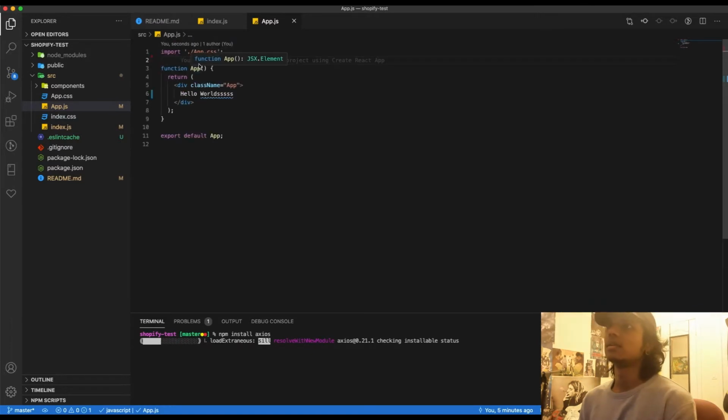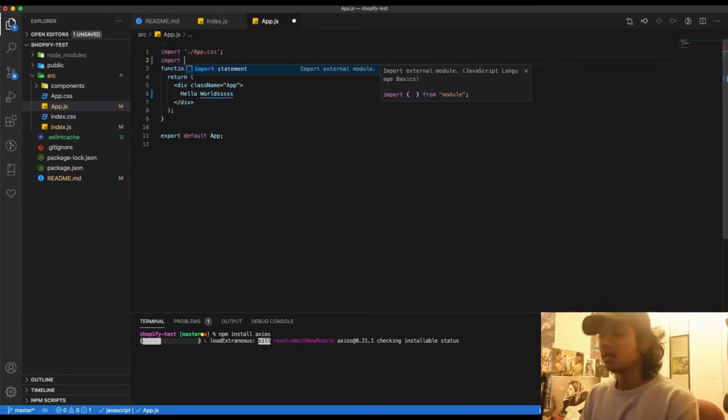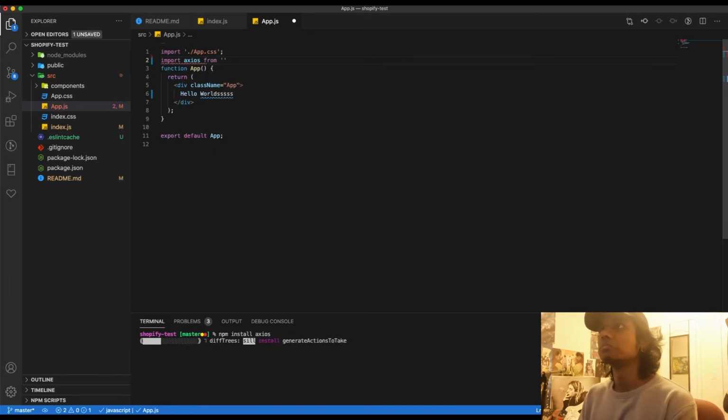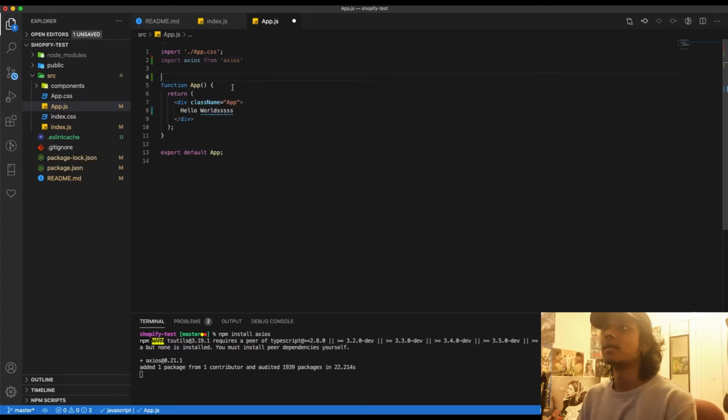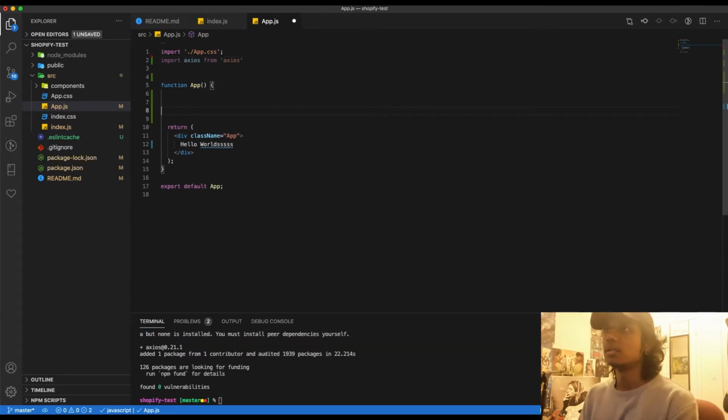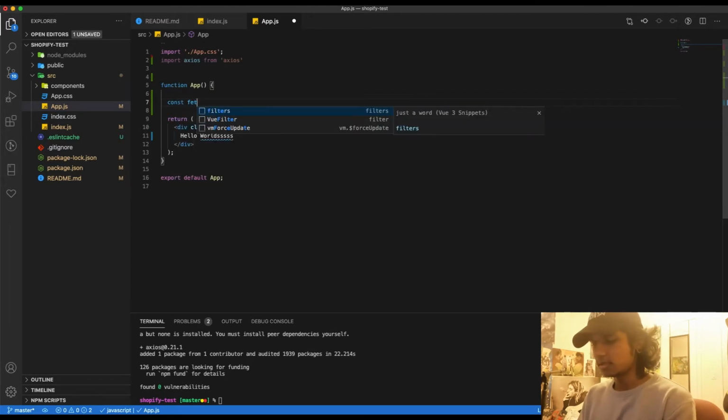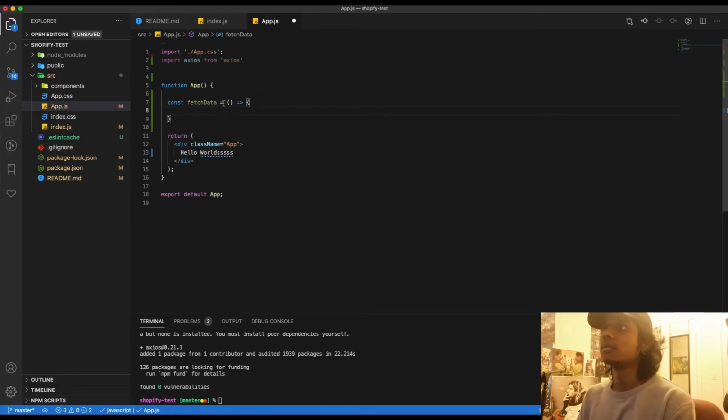Okay. Let's see. Import Axios from Axios. Yeah, hopefully that'll work. Alright, so what we need to do is, let's just say const fetchData equals stuff, and now it's gonna return an async function because it's gonna be a promise. Let's store in a variable data equals await